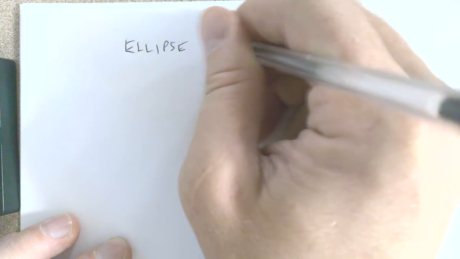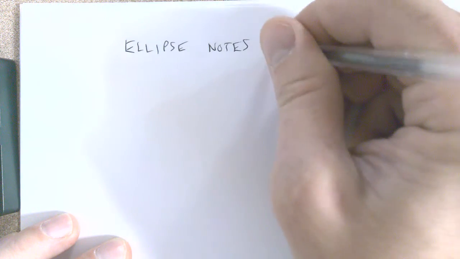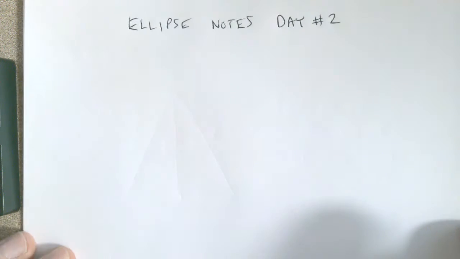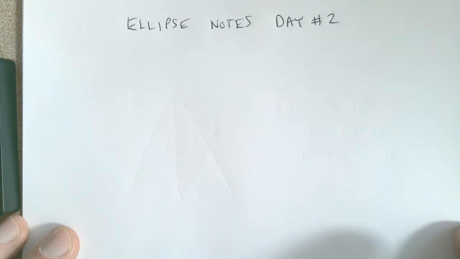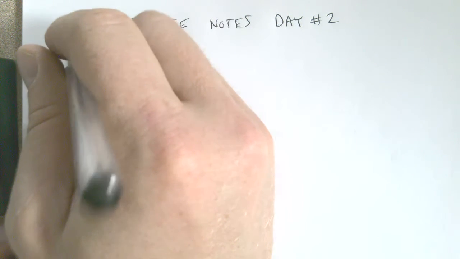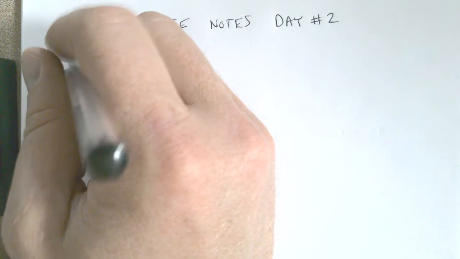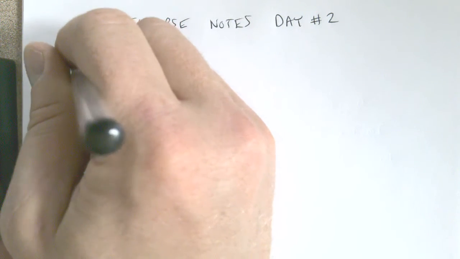So we're just going to call this ellipse notes. Day number 2. Again, I'm not writing on the worksheet, but I'm actually pulling these examples from the packet that I'm doing here. So example 1,